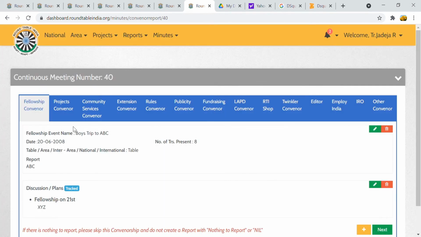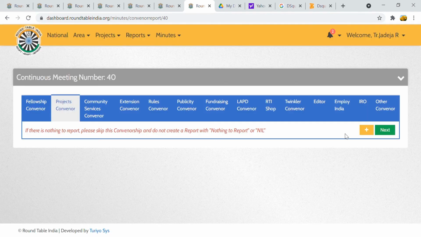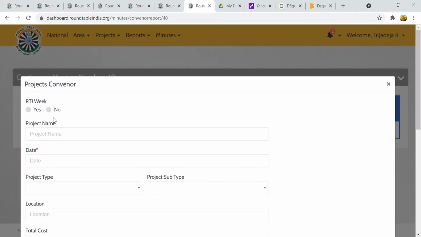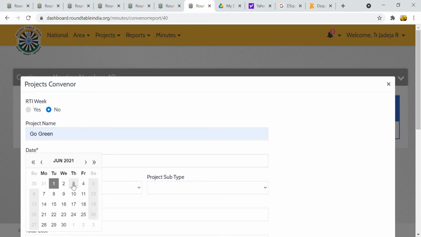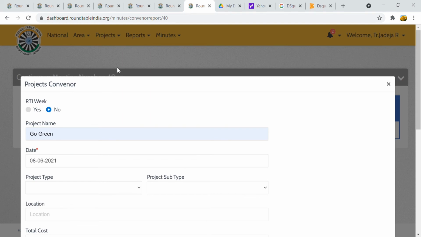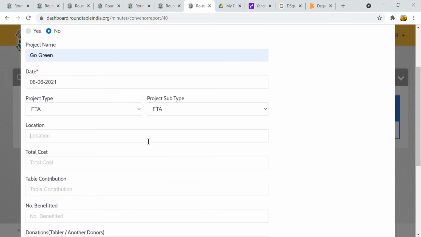Coming to the projects report, the same: add report, RTA week yes or no, project name, project date. There is a section which asks whether it is FTE, FTA, infra, or donation. Please select the appropriate section. There is a subtype. Please select the subtype as well and enter the location where the project is executed.